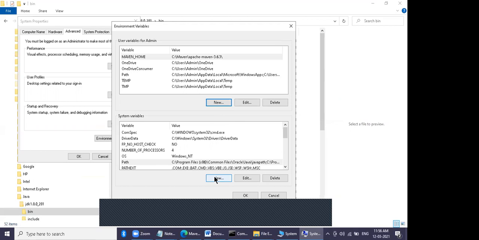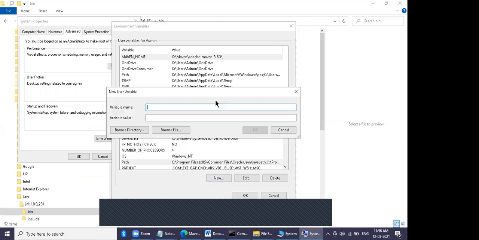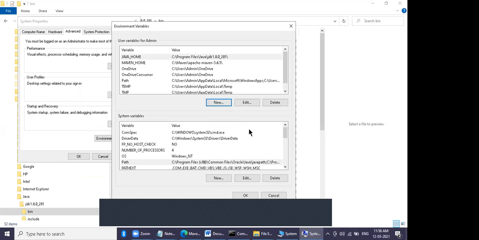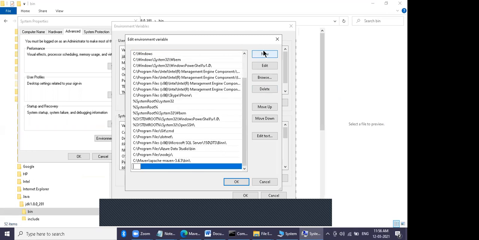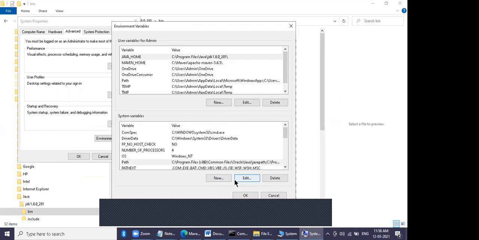Here, system, on top. Say JAVA_HOME in capitals. Paste it here. Remove bin. Click OK. Then again below, click path. Click edit. Click new. Paste it here. Give bin slash. Okay.